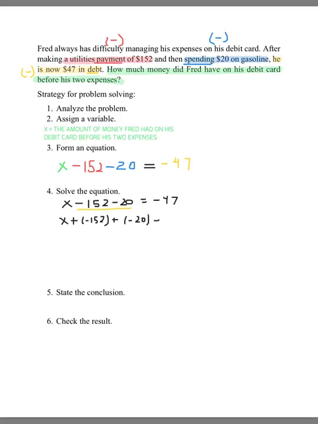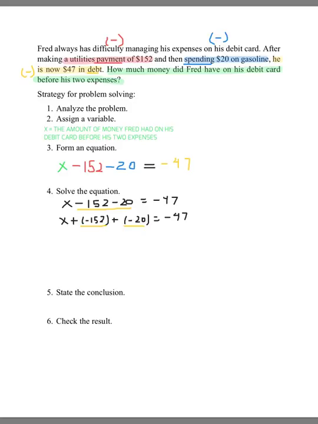And we know this is equal to negative 47. So there we go. So now we're going to want to combine terms on the left-hand side. The two terms that we can combine are the negative 152 and the negative 20. So since they're the same sign and we're adding them, we could go ahead and just simply add them like